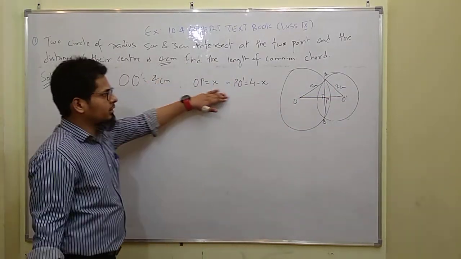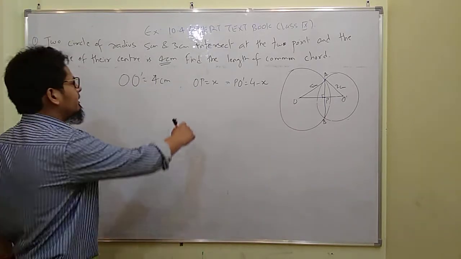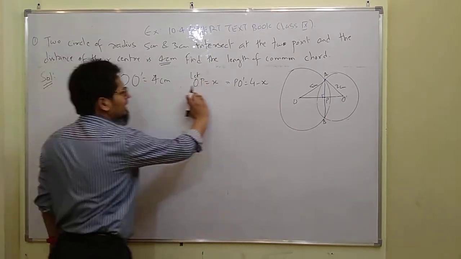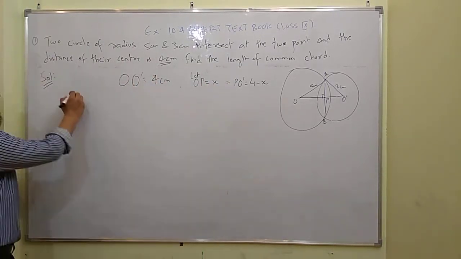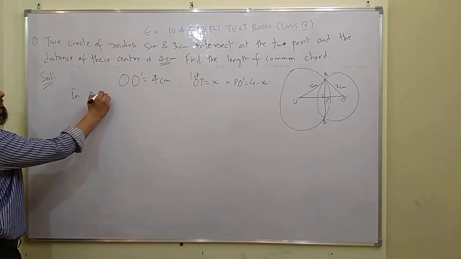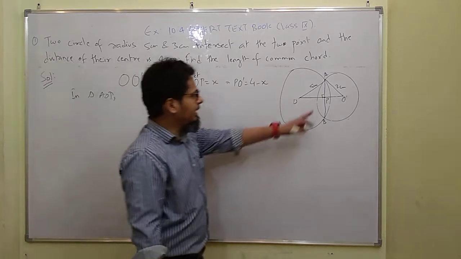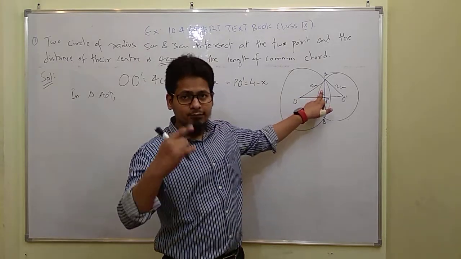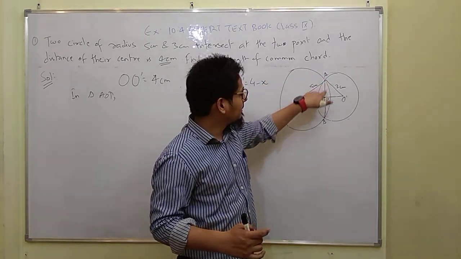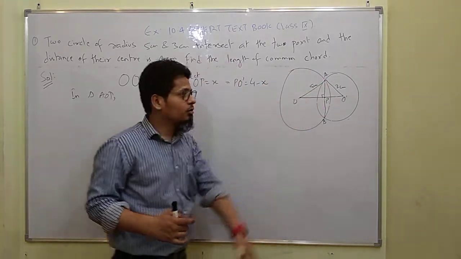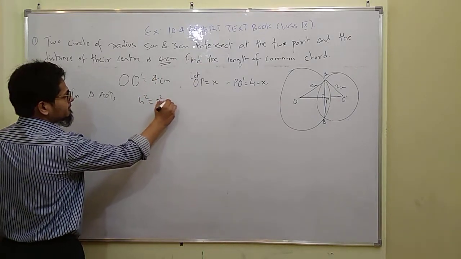So these are your two things. Now I'll use these two things. You can write this as 'let', but it's not necessary; if you don't write it, it doesn't mean you won't get marks. So in triangle AOP, applying Pythagoras theorem, and it is 90 degrees. I will not tell you this again and again, you have to understand it. It is the hypotenuse, the side opposite to 90. This is perpendicular, this is base, okay. So h square is equal to p square plus b square.